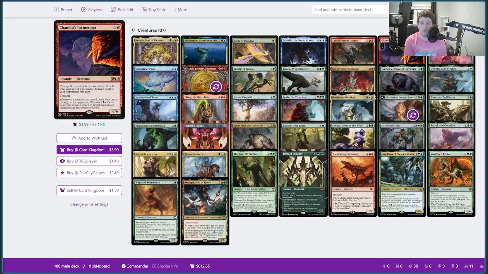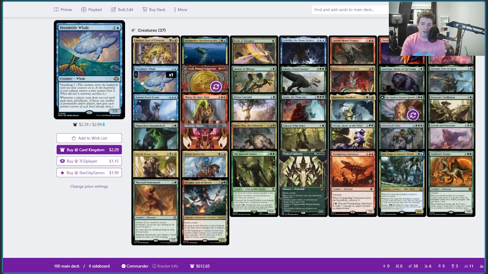It also has Trample, and whenever a source you control deals non-combat damage to an opponent, it deals that much damage to target creature or planeswalker that player controls. So this is turning our commander's player damage into creature removal, so very strong there. Dreamtide Whale, fantastic card, 3 mana, going to proc our commander, and it's going to proliferate our commander's counters, so